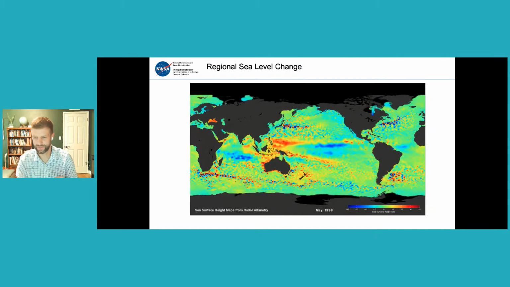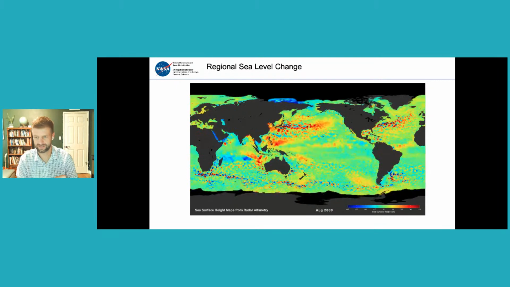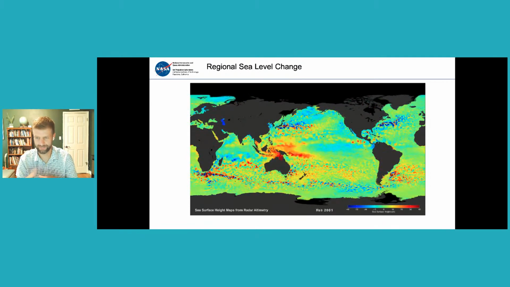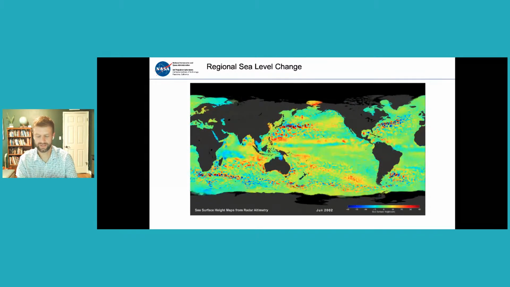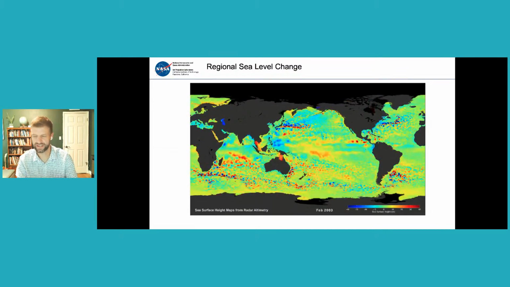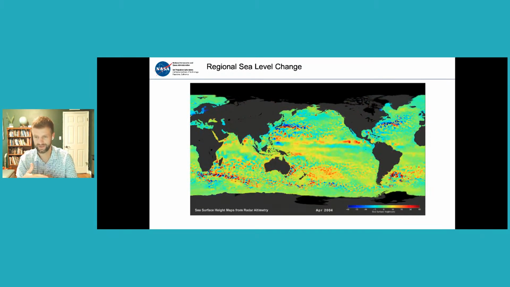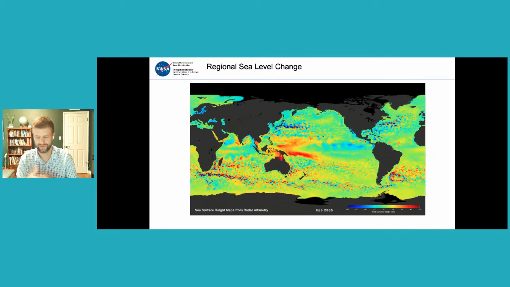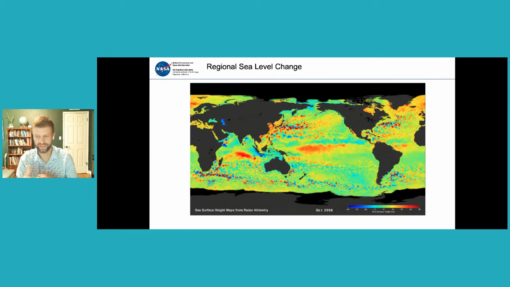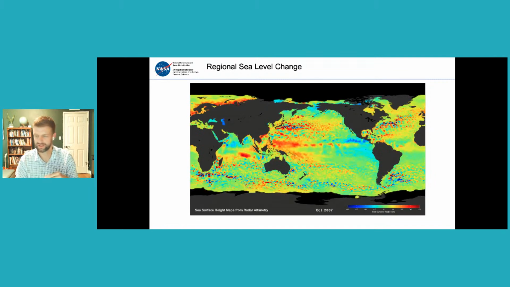And if you note that scale down there at the bottom, these are big contributions and big shifts that happen on a year-to-year basis. So if we're talking about climate change and the effects of sea level rise at any time in the future, it's not just that foundation of sea level, going back to that very first slide, that we're concerned about. It's also how the natural variability combines with that foundation of sea level. So how the ups and downs that occur naturally can potentially drive flooding in the future.